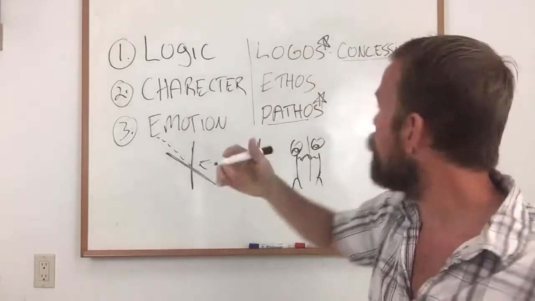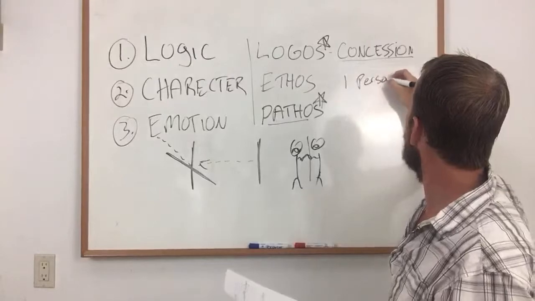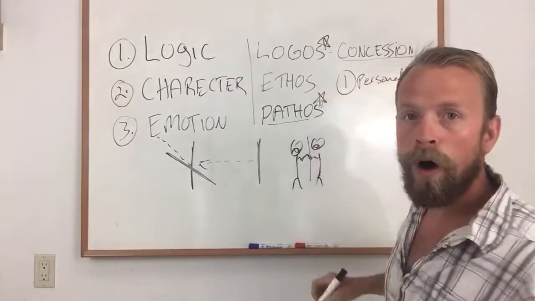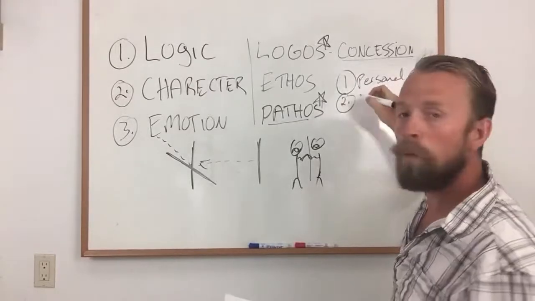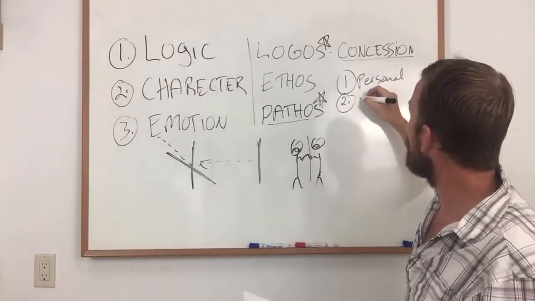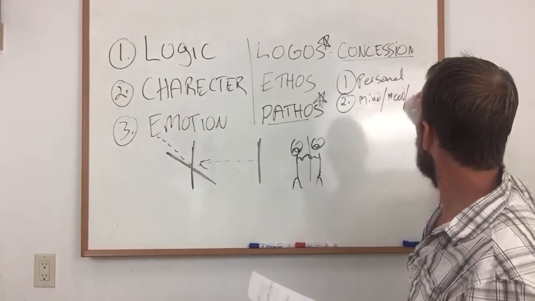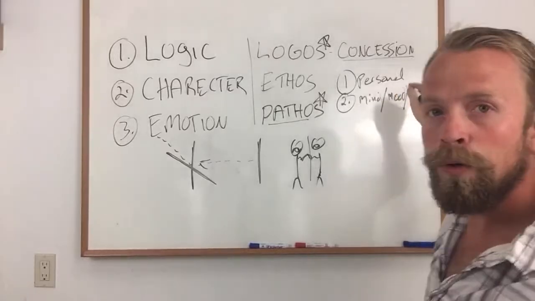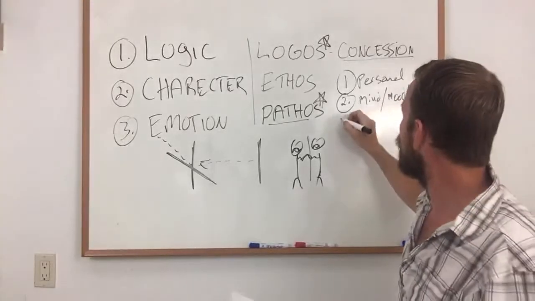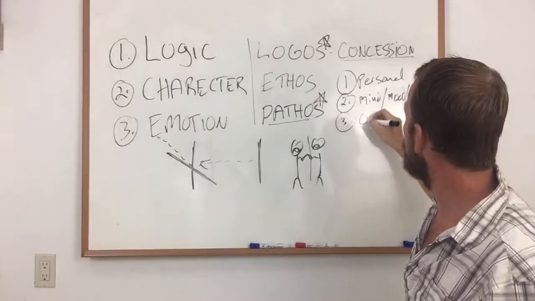So what we've covered so far, if we go through this entire scheme of what we've talked about in all four parts, is first set our personal goal. What do we want out of the argument? The second thing that we do is we determine where we want the audience to go. Do we want to influence mind, mood, or willingness? Mind, mood, or willingness of the audience. The third thing that we want to do is establish the core issue.